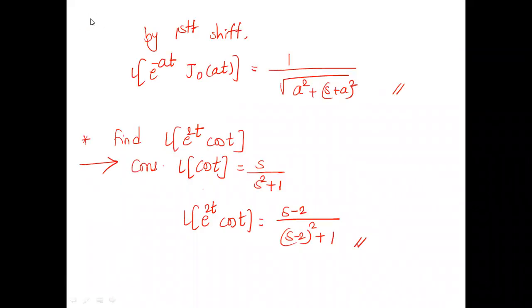Chalo, so we'll go to the next property now. Is this property clear to you? First shift? Yes, ma'am. Right. Yes, In last lecture also we have taken the questions. So if it is clear, we can go to the next. Should we take more questions on this? Have you solved the homework? Have you solved Yes, it? Good. Yes, ma'am. Good. Good. Chalo. So we'll go to the next property.